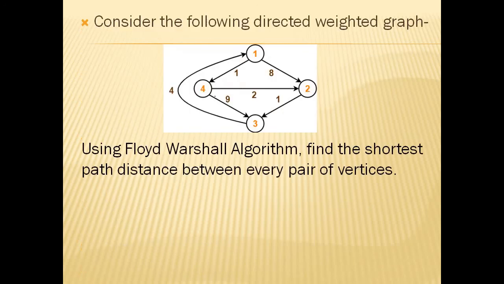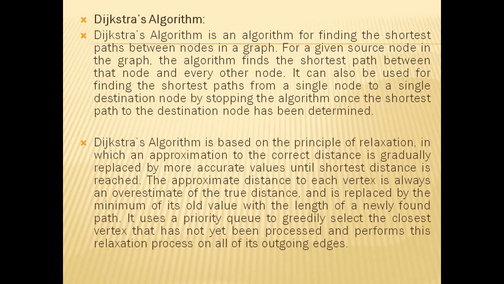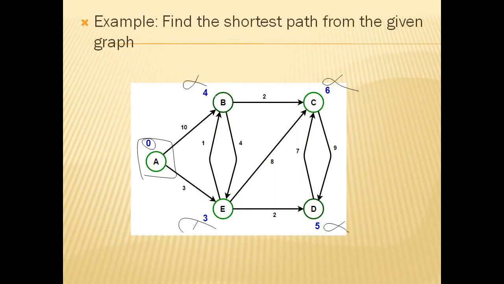That is Floyd-Warshall's algorithm. And Dijkstra's algorithm is there. In Dijkstra's algorithm, it is also finding the shortest path from one node to another node. But the thing is, here we find the minimum shortest path. So if initially I calculated one path with some distance, and again in future if I find any shorter path, meaning any shorter distance, then I will replace it with that one. That is the functionality of Dijkstra's algorithm. Okay.